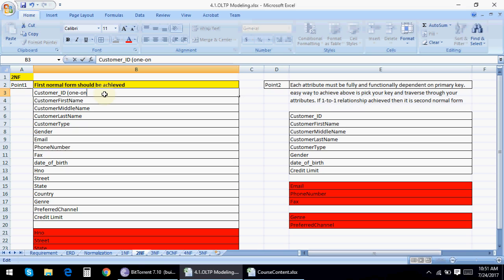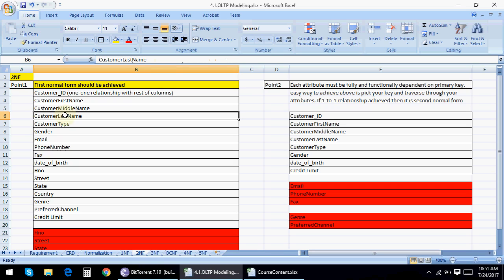a one to one relationship with the rest of the columns. So let me traverse. Customer ID, one customer will have one first name. That's true. One customer will have one middle name. That's true. One customer will have one last name. That's absolutely true.